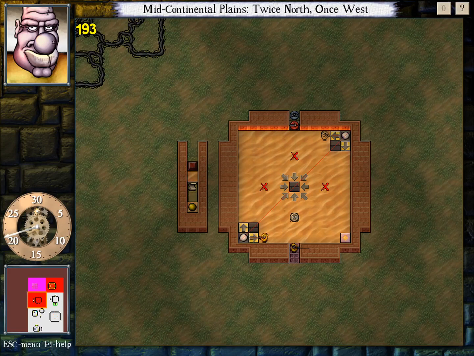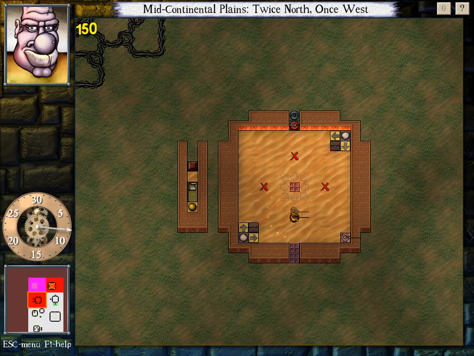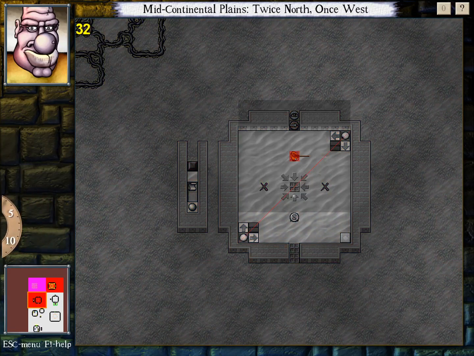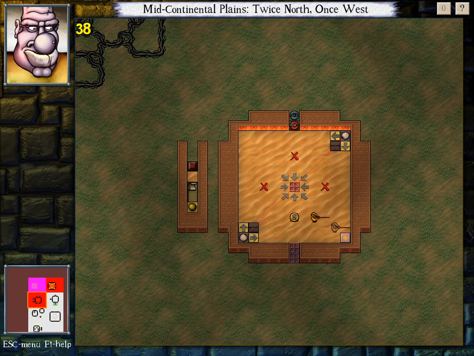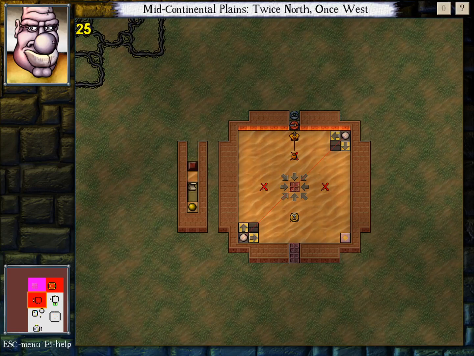Oh, wait. Oh, I don't even need that. They're asleep. Never mind. It's even simpler. Do not place the decoy on the pressure plate. Okay, well, that's like a non-challenge. Wait. Well, I didn't place it on, but I did put it on. Okay, well, that's fine. I'll take place to mean do not allow the decoy to ever be on top of the pressure plates. So that's fine. In that case, what I can do is...